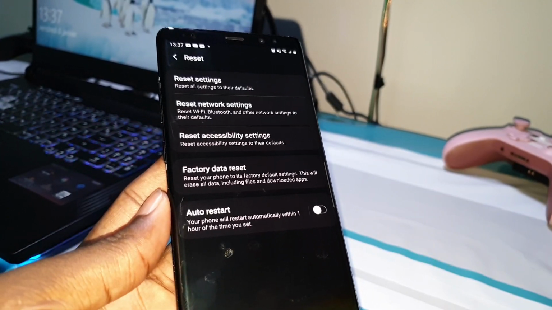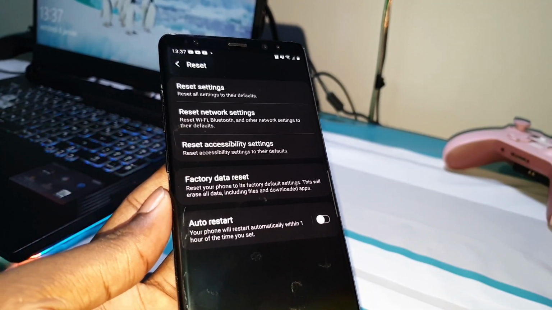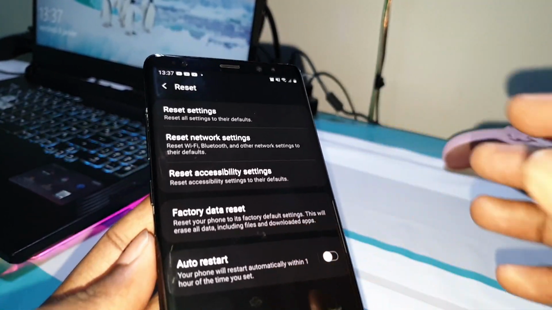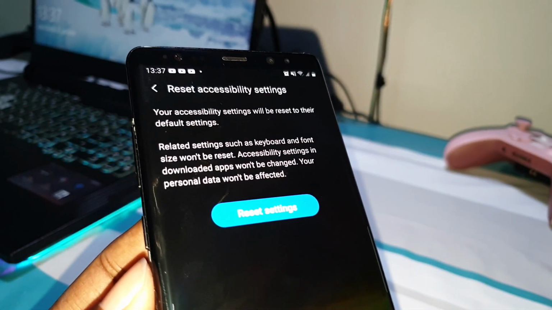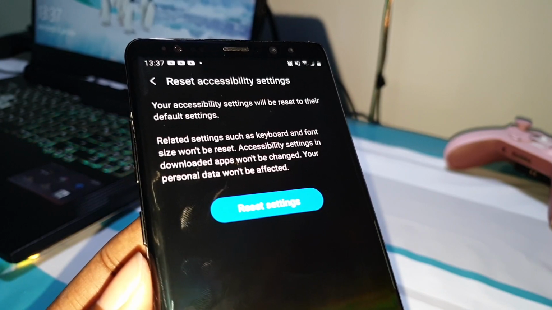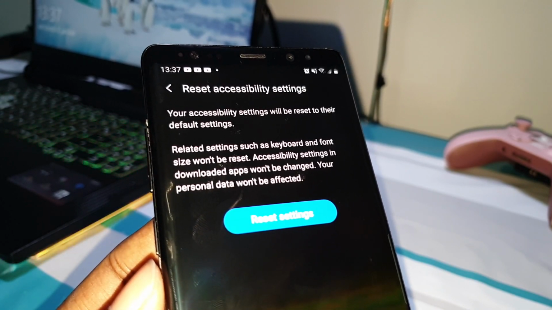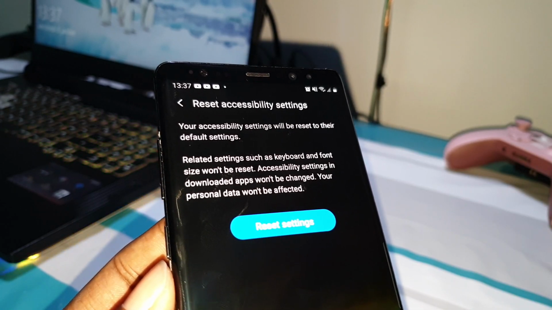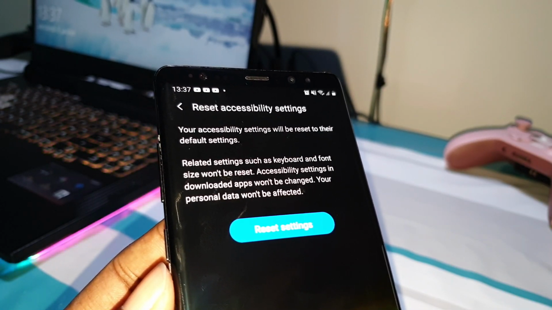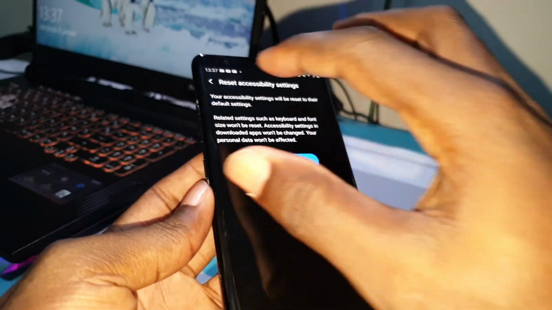Alright, the thing that I like more is here, but let's check reset accessibility settings. Your accessibility settings will be reset to the default settings. As you can see, you can make your choice.